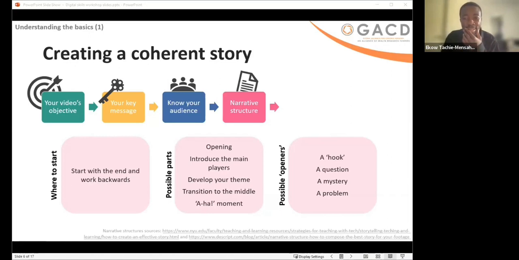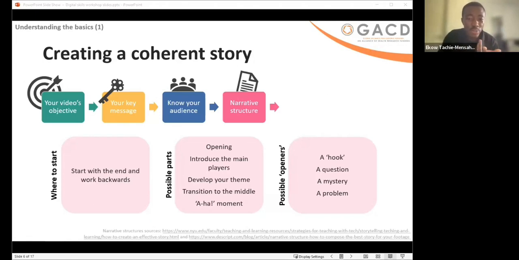So in terms of narrative structure, I think it's something you can also consider where to start. You can start with the final dish, that's the end, and then you work backwards, showing each step of the dish.